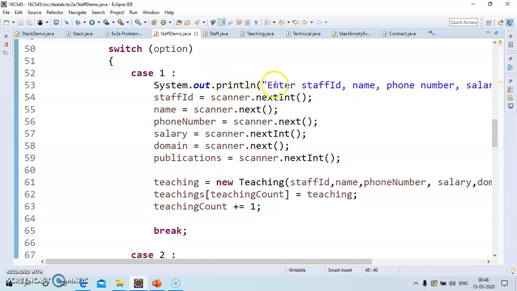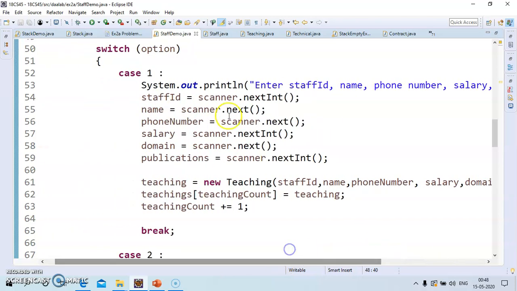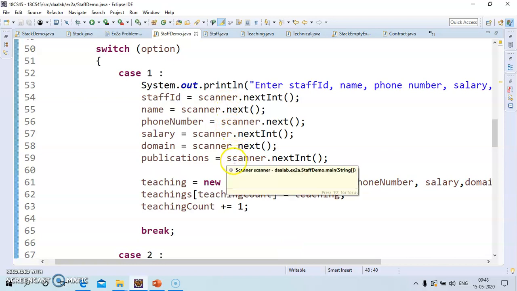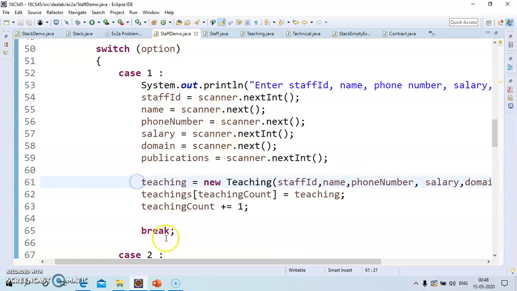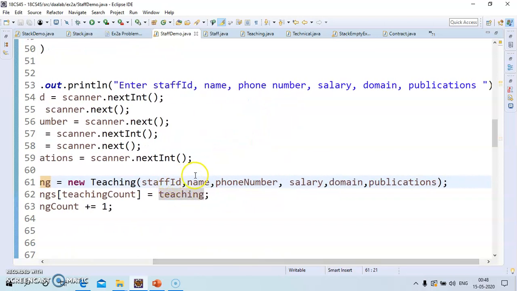In case number 1, we want to enter the details of the teaching, that is enter staff ID, name, phone number, salary, and then domain and then publications. So take all these details using the scanner, and then construct an object of teaching here. Teaching is equal to new Teaching, then pass 6 parameters, 1, 2, 3, 4, 5 and 6.